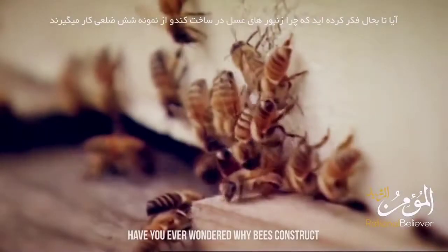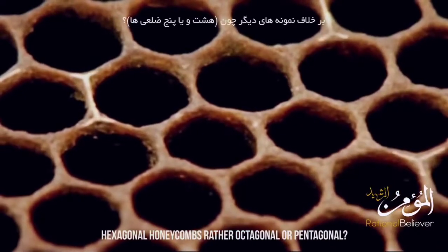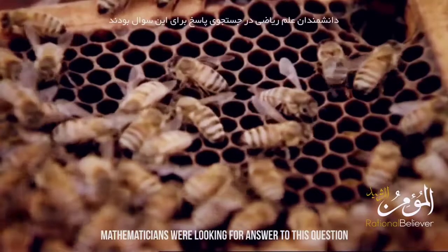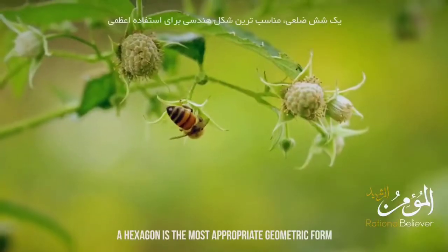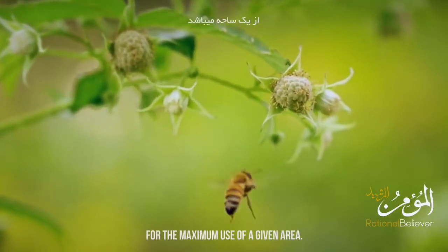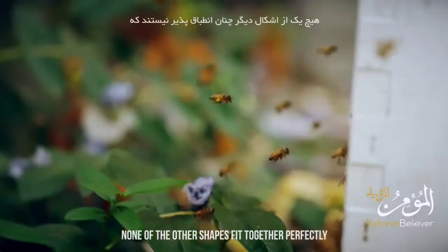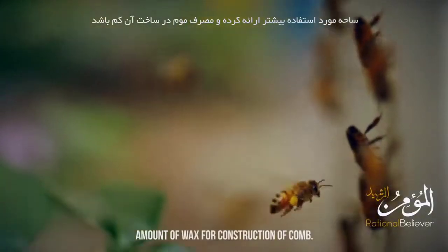Have you ever wondered why bees construct hexagonal honeycombs rather than octagonal or pentagonal? Mathematicians were looking for the answer to this question, and they reached an interesting conclusion. A hexagon is the most appropriate geometric form for the maximum use of a given area. None of the other shapes fit together perfectly to provide more usable area and consume less wax for